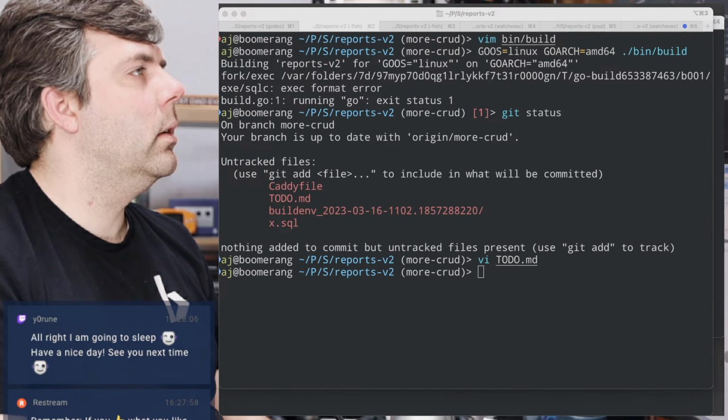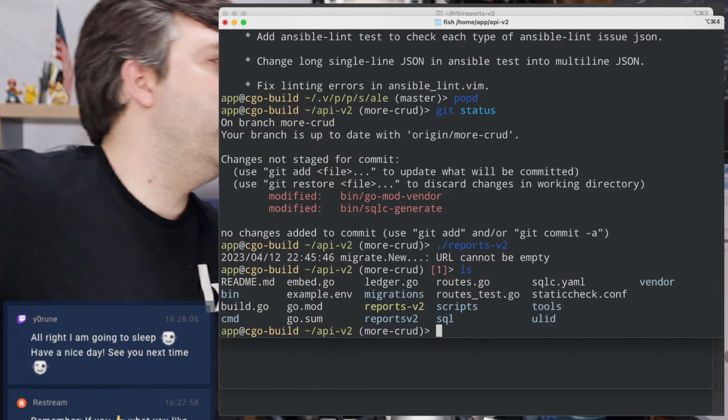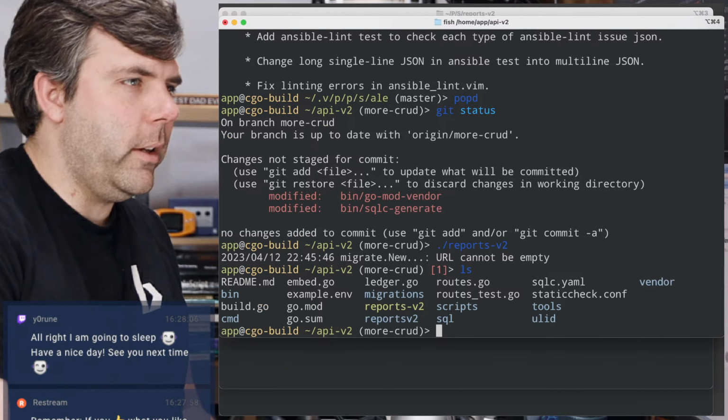I don't think we've added any new options. I think everything should be the same old, same old. Okay, cool. Well, in that case, all right, now I've got my CGO build server. Huzzah. So when I need to CGO build something, I can CGO build it.